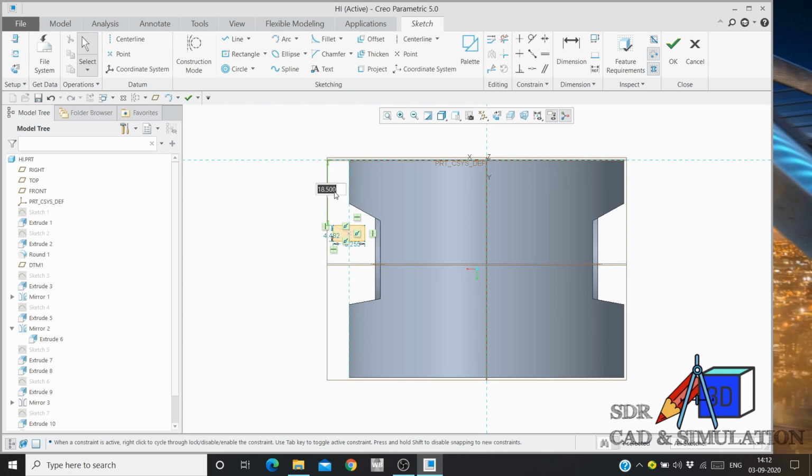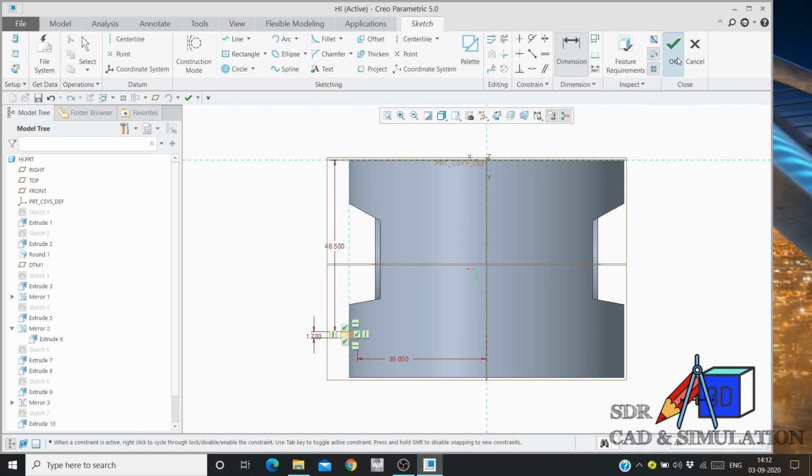It's not 18.5, it is 48.5. Width of the rectangle is 1.7. From the center, the distance is 38. Actually the full diameter is 76, so I am going to type 76 by 2. It will be calculated to 38.